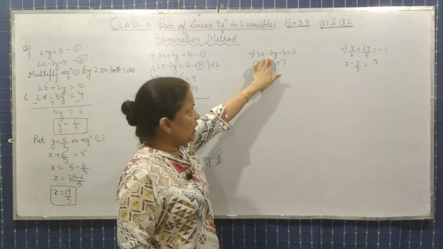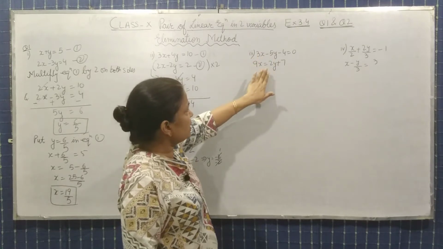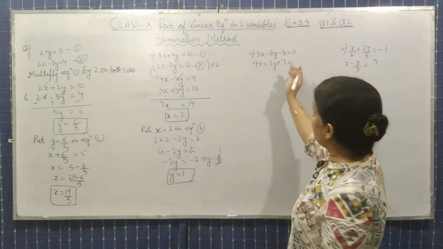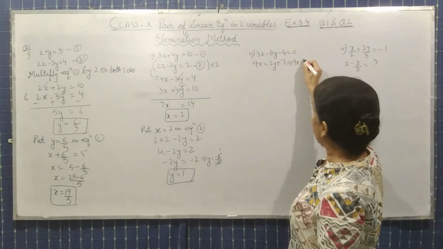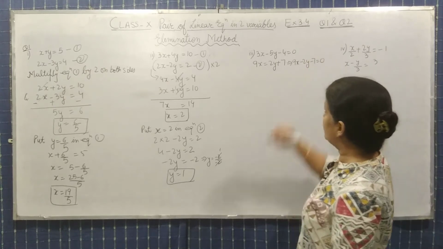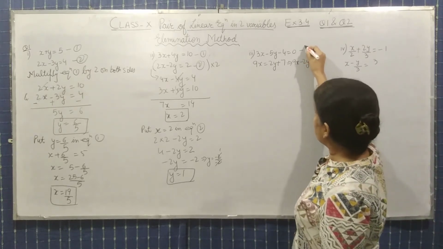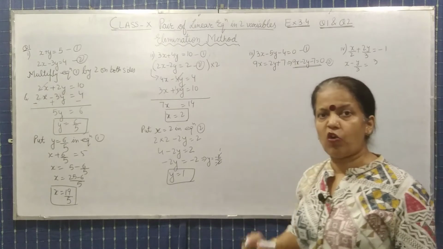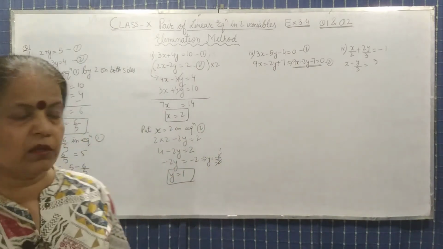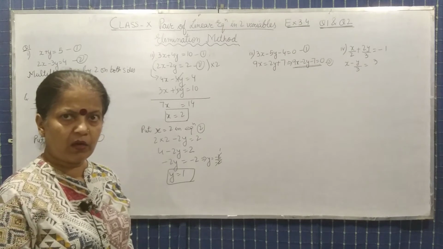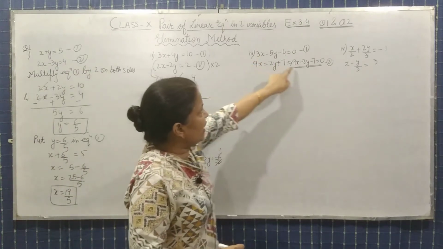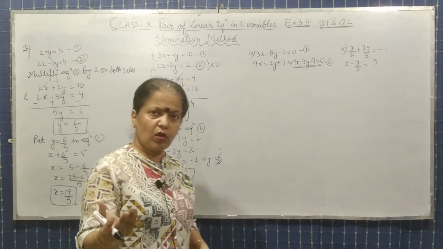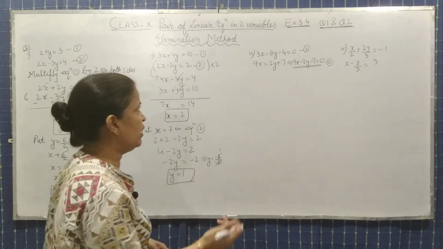One is in proper linear form, linear equation, but here we will rewrite it. So this we can rewrite by shifting the term, 9x minus 2y minus 7 equals 0. Okay, so this is first equation and this is second equation. Now observe it कि हमें किस term को multiply करना है. Observe it. 3x and here it is 9x. So what we will do? We will multiply with 3 on both sides of equation 1.